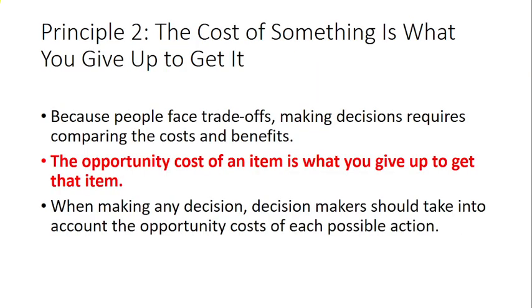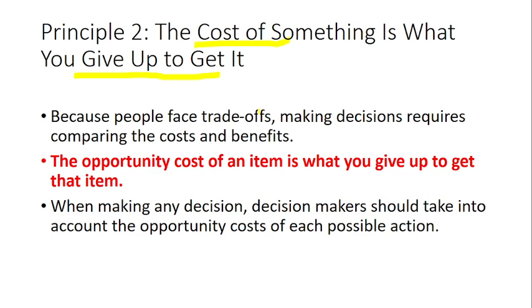What is the second important principle? The second important principle is this: the cost of something is what you give up to get it. This is nothing but the opportunity cost. You might have studied opportunity cost in your +2 courses or pre-degree courses. So this is the same thing as we discuss in the +2 syllabus, that is, opportunity cost. It is being put here in a different way.